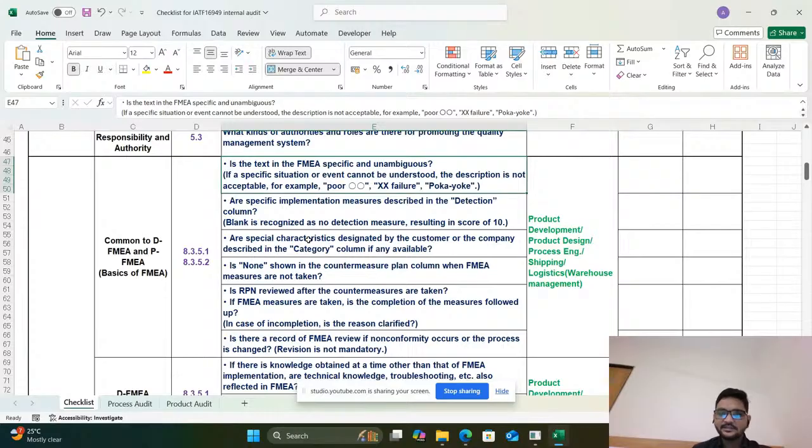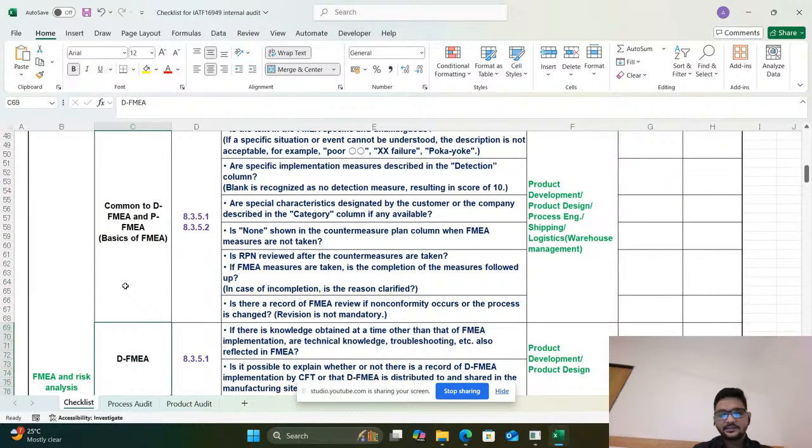Is any special characteristic designated by our customer or our organization mentioned in the PFMEA or in the control plan? Is the RPN reassessed after countermeasures are taken? Are FMEA measures taken? Is there a record of a periodic review? This we are going to see during the audit.